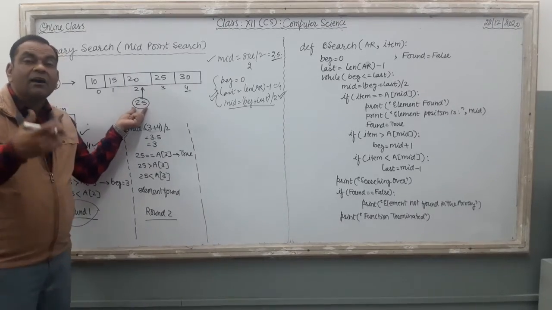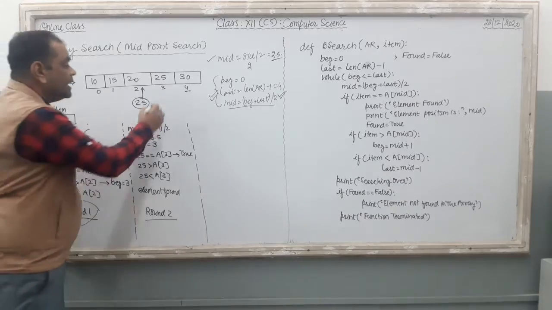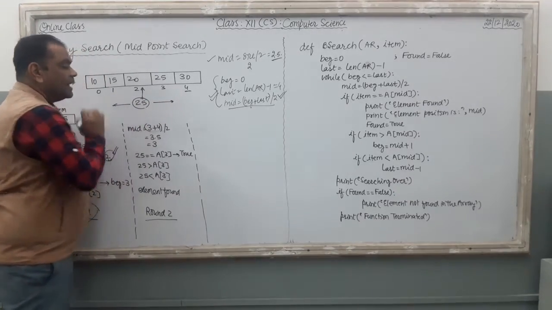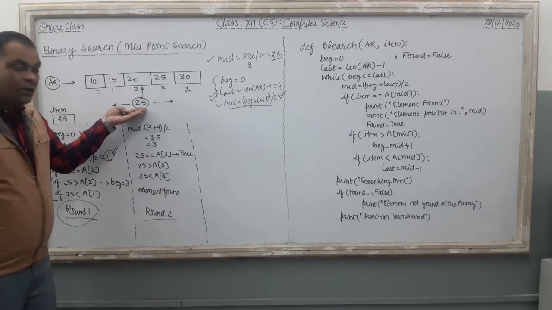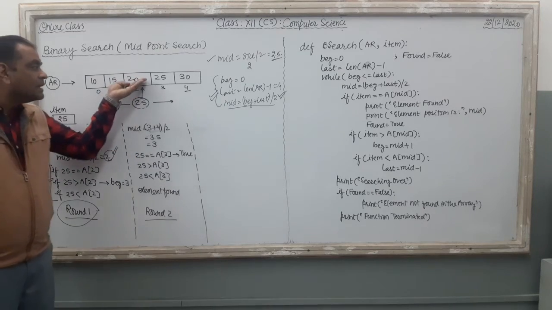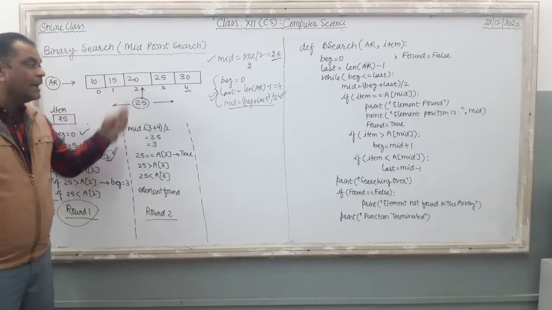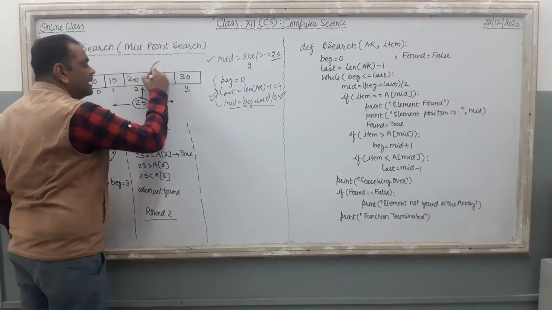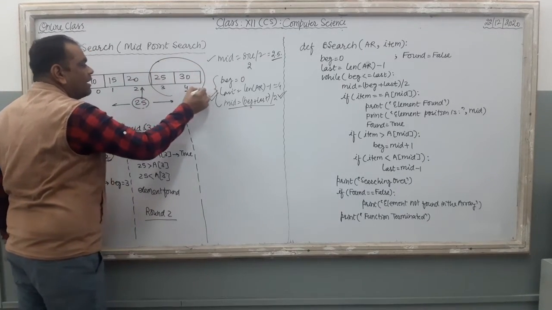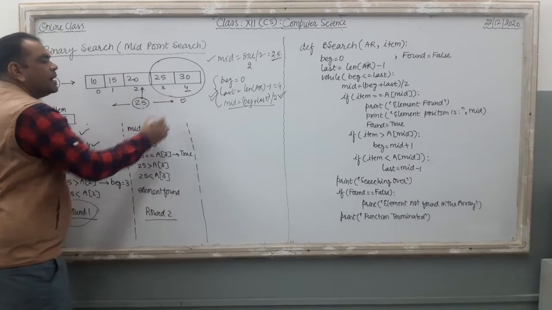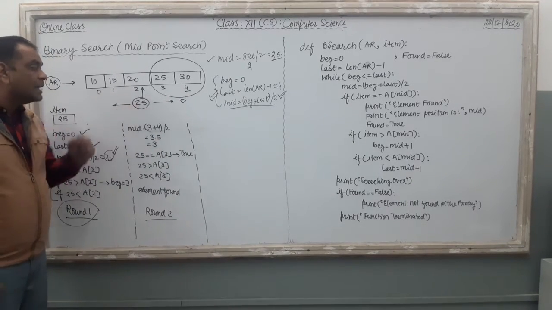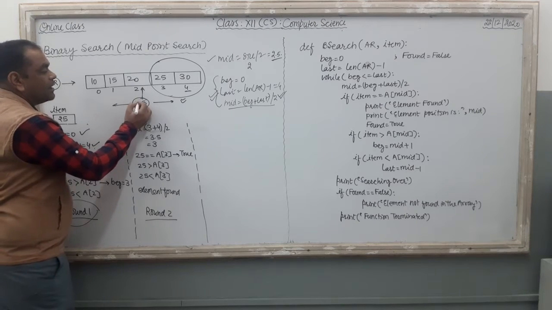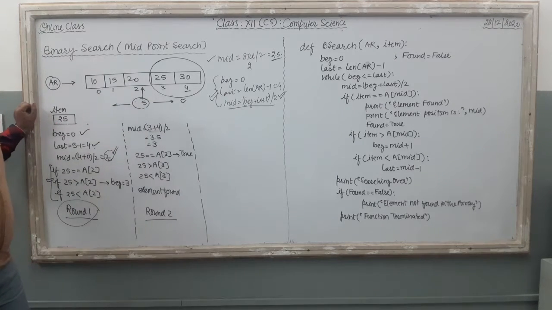Then where will this 25 be found, in which part? In this part, or here? Tell me. The array is sorted in ascending order. Ascending means what? If the search value is more than the middle element value, then we have to search this value in the better half of this array, in this part. And on the other side, if the value is small, then suppose the value that we are going to search is 5 only. So where will it be found?